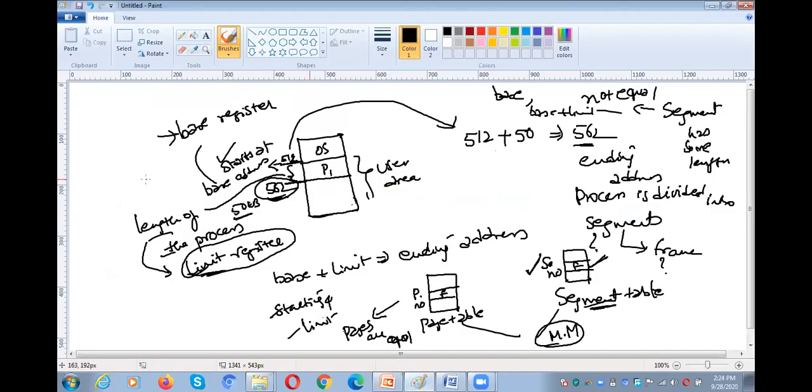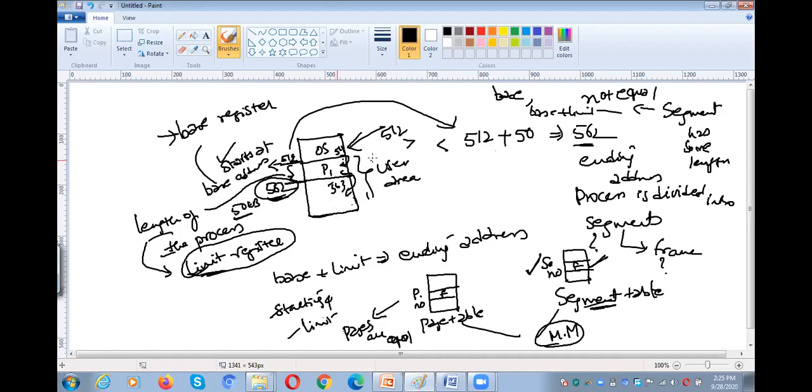Why? Because if you observe here, if it is greater than 512, then it will be in the process, and less than base plus limit, then only will it be in the process. Otherwise, if it is less than 512, 511 is operating system memory, or if it is greater than 562, it will be 563. That means it is another process's memory.